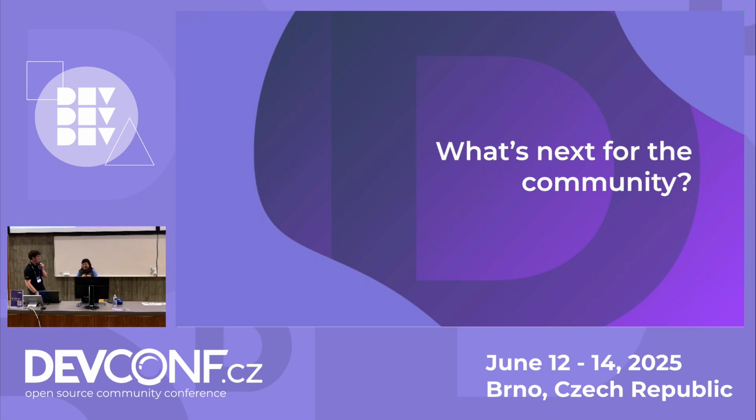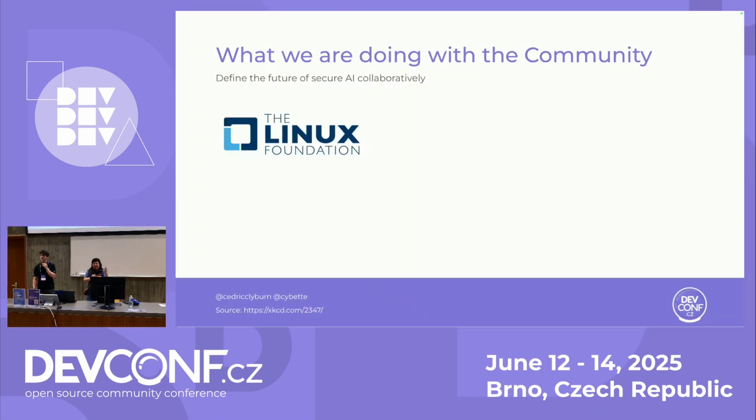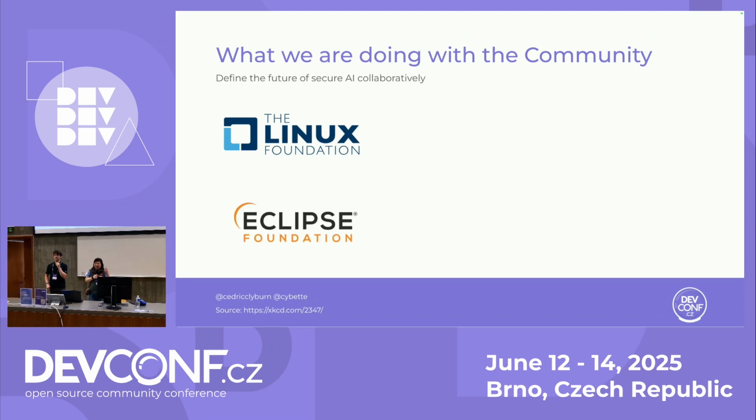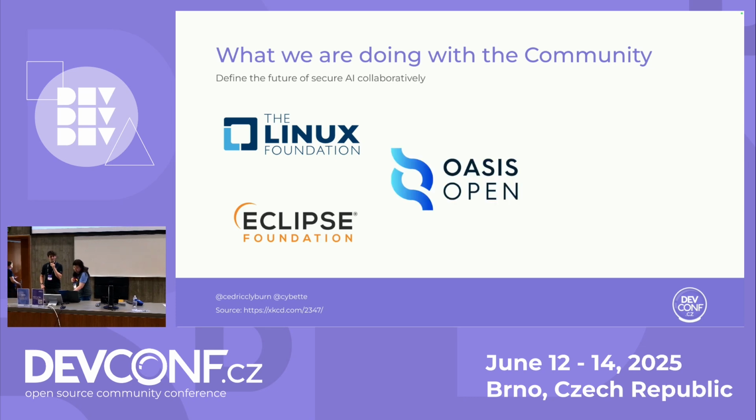Now, what's next for the community? That's a good question. I think a lot of times when we talk about AI, some people are skeptical, and rightfully so, for a good reason. We, as in Red Hat, are working with a lot of different open foundations and organizations. For example, with the Linux Foundation, we are championing the security baseline standards, because we want to strengthen security for all of us.